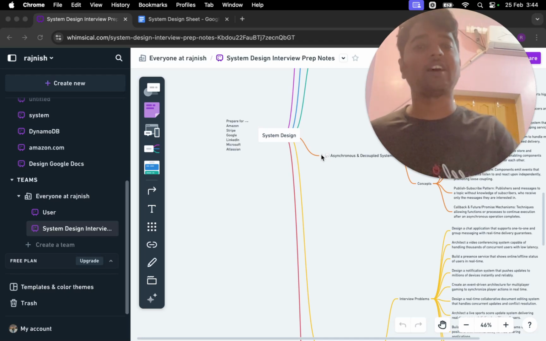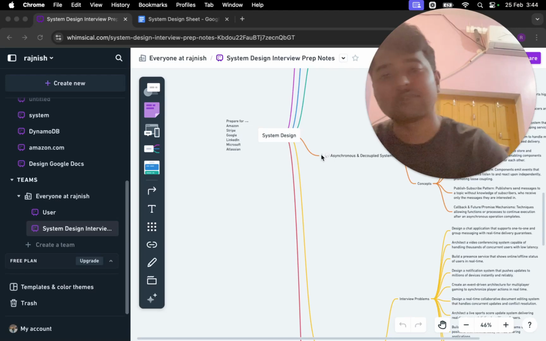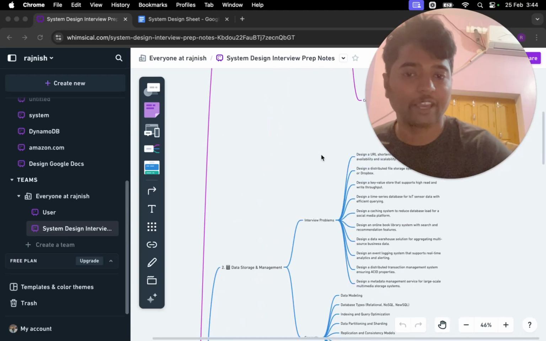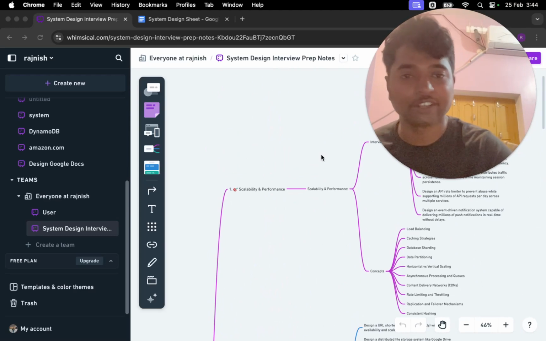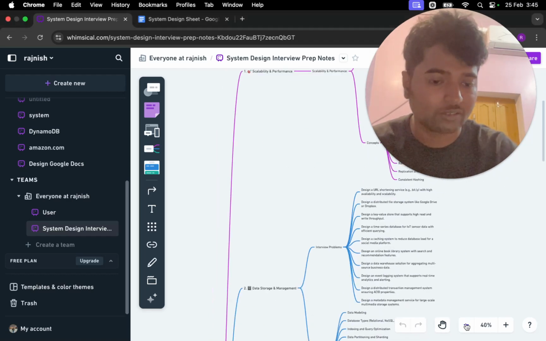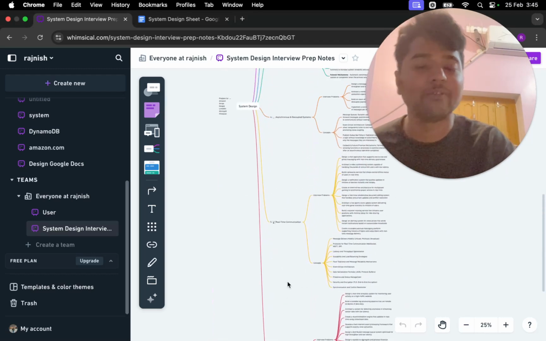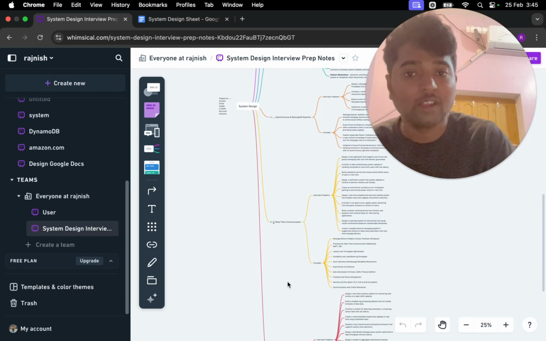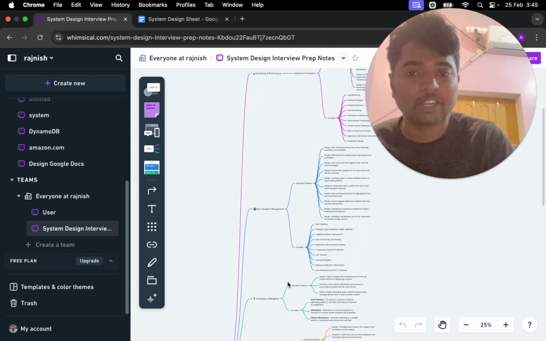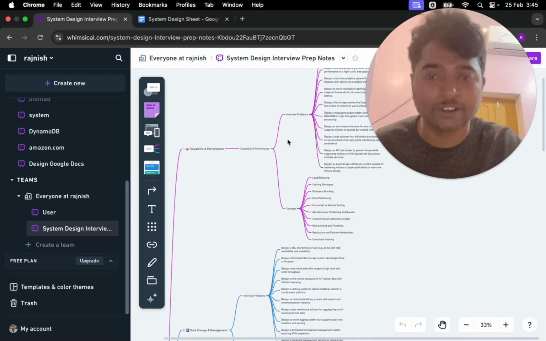So first of all, I just have to create all the contents that are related to system design. This is similar to what we have in a book, like there is a table of contents, right? Similarly, you have a number of topics in system design, and if you can see here, all these are topics which I will be covering in our system design preparation, right? And it has to be organized. That's why I have created a branch in such a way that